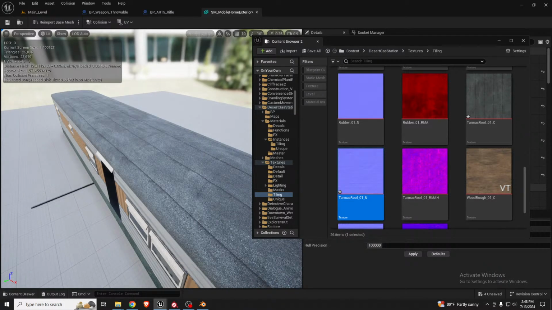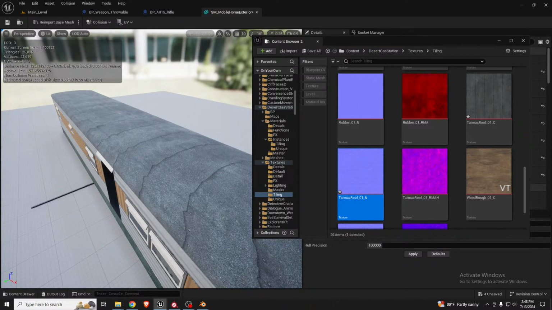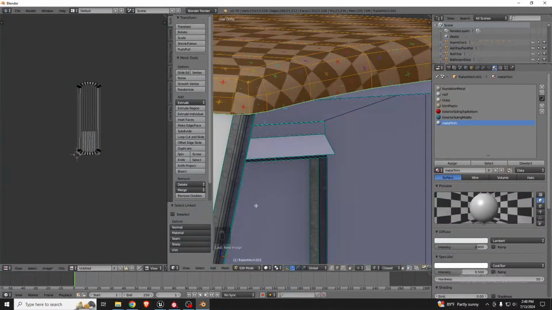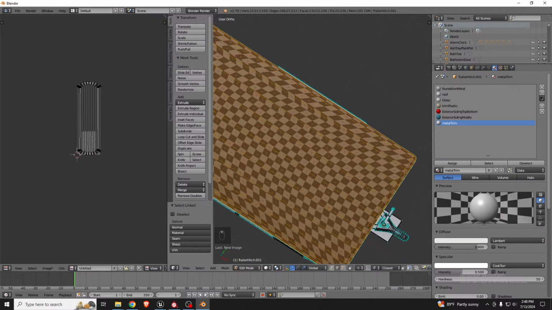All right, and I kind of liked it when it was like, ooh, like this. Whoa, what is happening to it? That came out so weird. Oh, well that could explain it. Yeah, that kind of explains it because see how the UVs are stretched. I thought it looked good and it worked great for